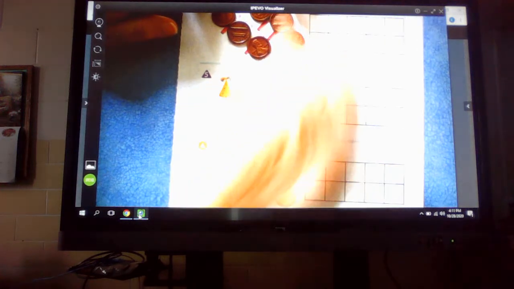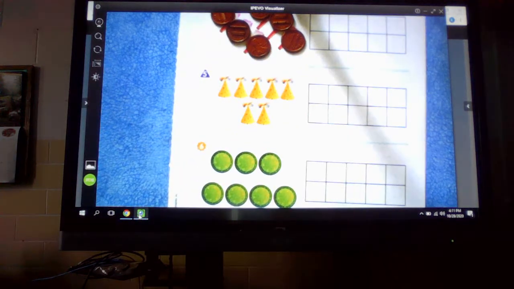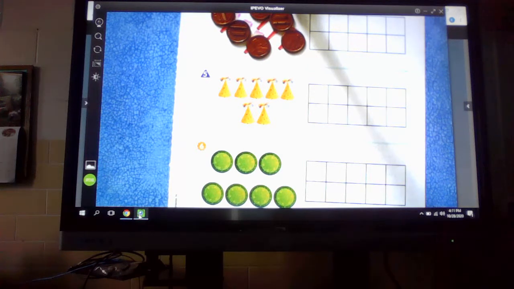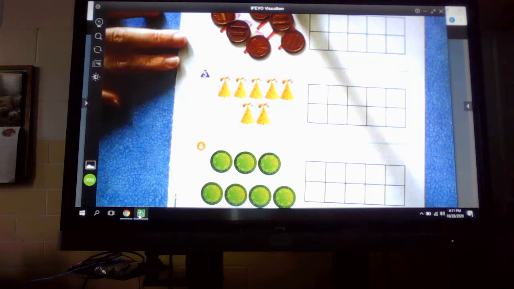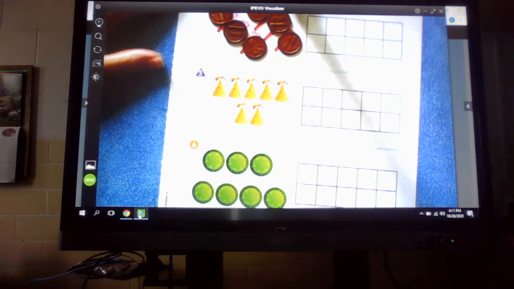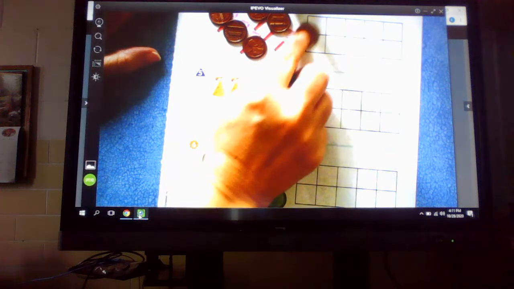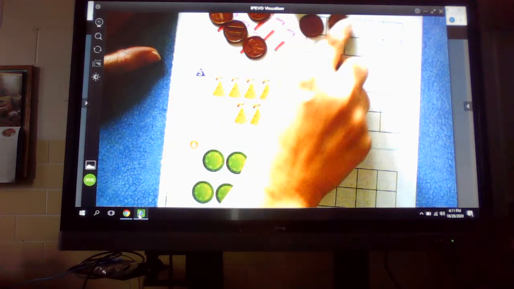Now each one of those blowers is covered up by a penny. Like I said, you could use cubes or you can use counters, whatever it is that you have, or you can do what I'm doing and use pennies. You can make your own counters. Now we're going to do the same thing. We're going to scoot those pennies over,